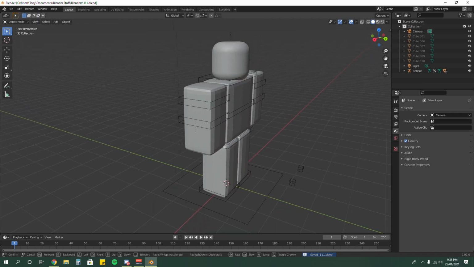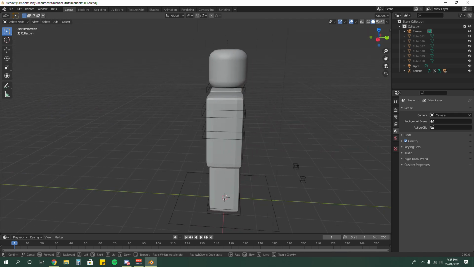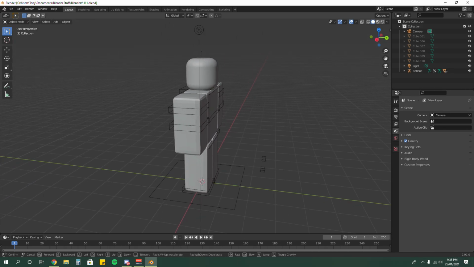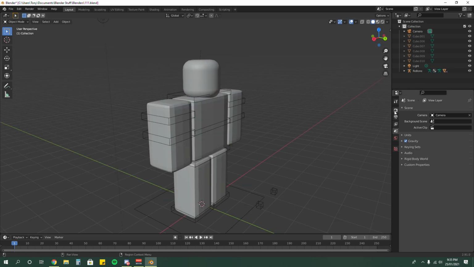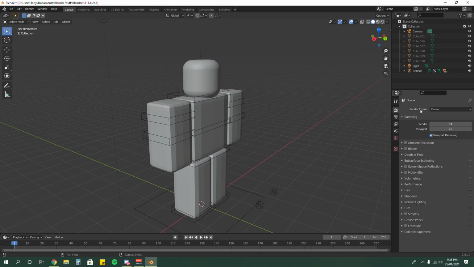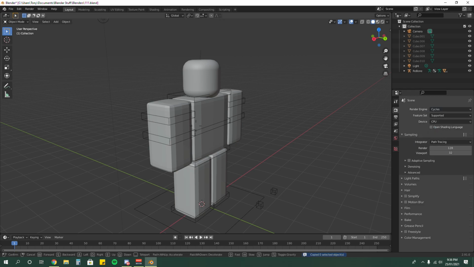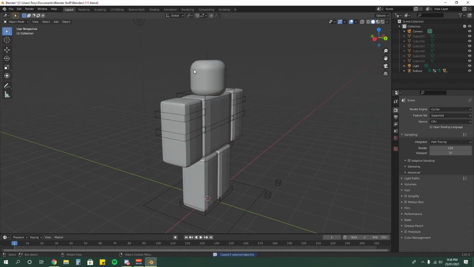Control S to save. Okay, once you got it imported, you always wonder which is the front. You see these 2 little squares over here? That's the front. What I like to do is press this camera icon, render engine. I do Cycles because it's more clean, I guess. Well, it does require a beefy PC to be honest. Okay, so what you want to do is click the head, click the ball icon looking thing.